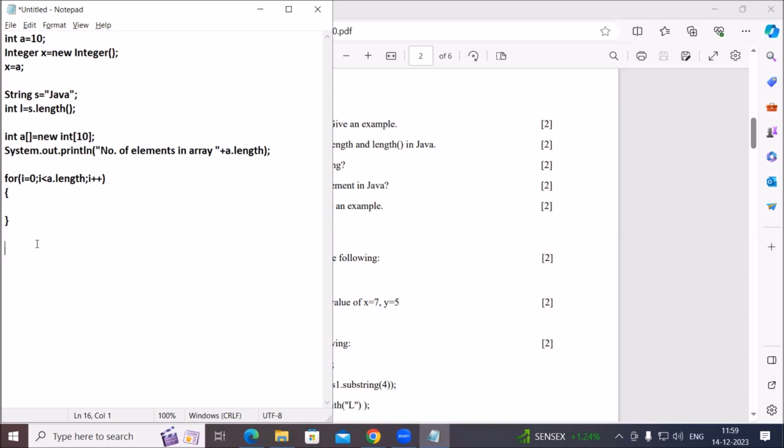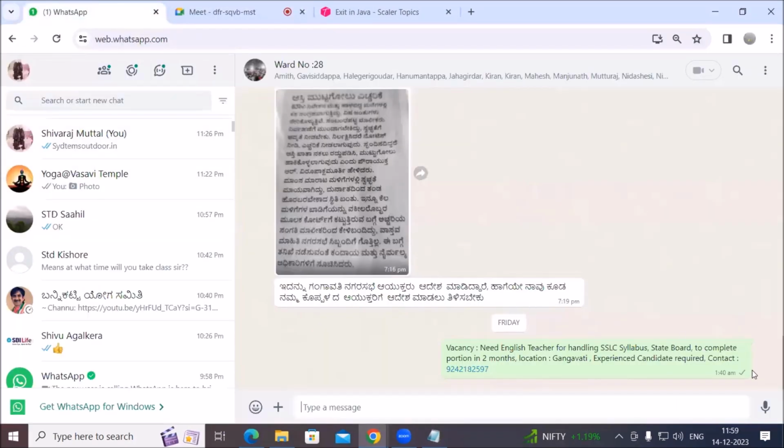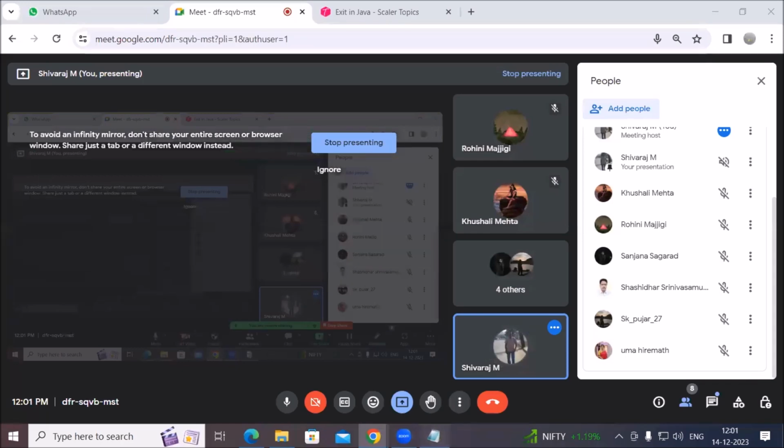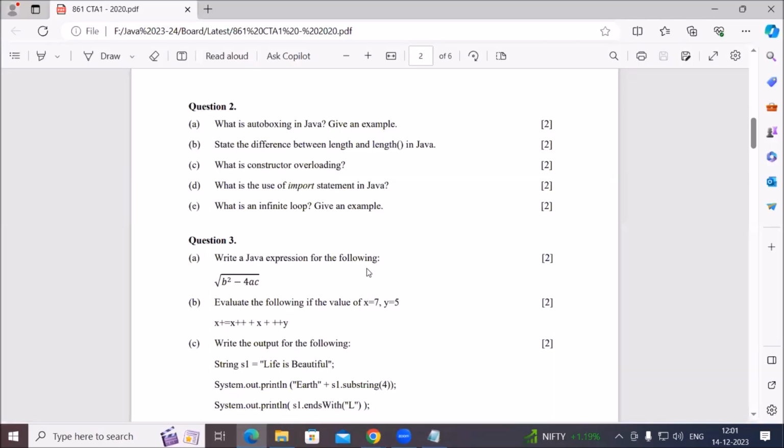But they are asking about constructor overloading, right? Having more than one constructor. So constructor overloading means a class can have multiple constructors to initialize the objects in different ways,